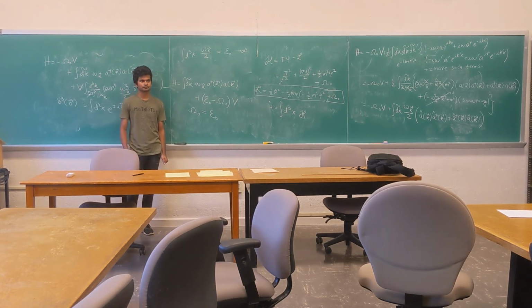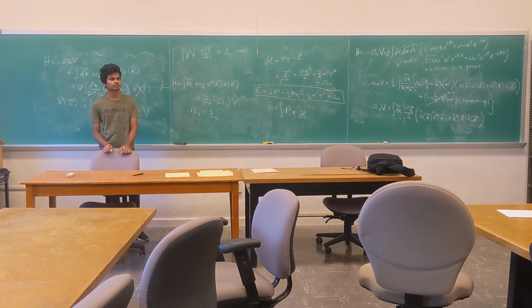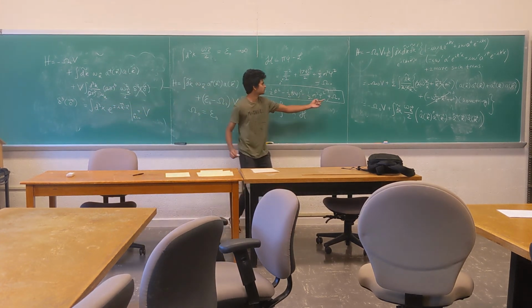So omega naught is arbitrary, how did you set it to epsilon naught? It's arbitrary. That's how you define it? So you're adding a potential so that any... It's not a potential. It's just a constant. No, but it's a coefficient of potential, right? No. It's just a constant. Why do you say omega naught V? It's just a constant.